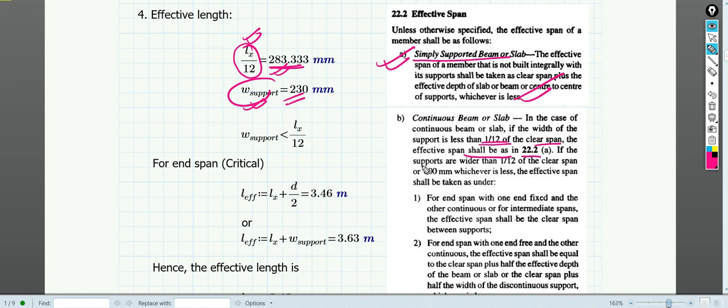But if the support is wider than 1/12, suppose 300 mm, then you may not be able to use this particular clause, that is 22.2a, the simply supported beams clause. You will be using the following clauses. So if the supports are wider than 1/12 of the clear span or 600 mm, whichever is less, the effective span shall be taken as under,